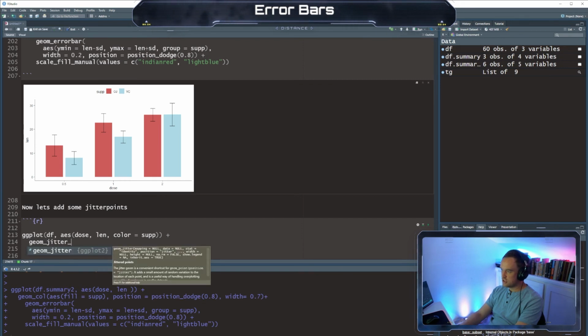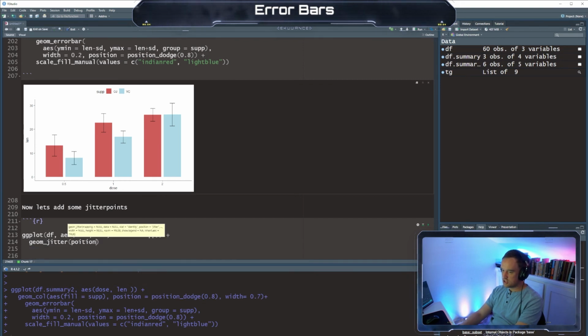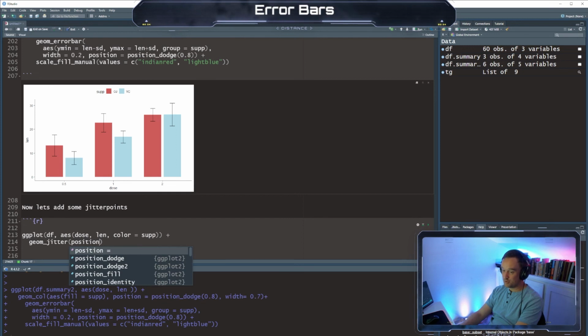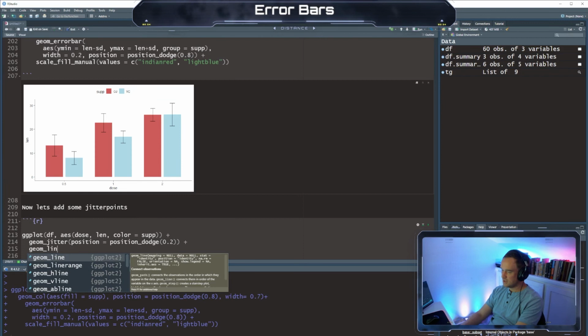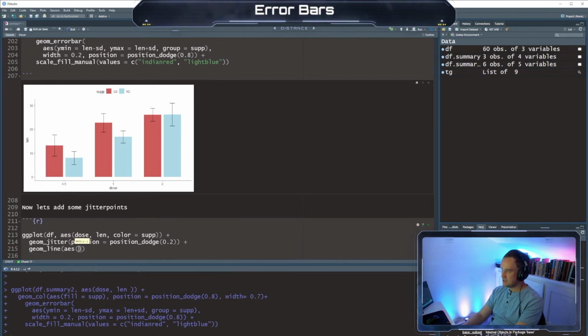Geom jitter, position, I gotta be careful, position equals position dodge 0.2, geom line, aesthetic, group equals supplement, data equals df summary 2,